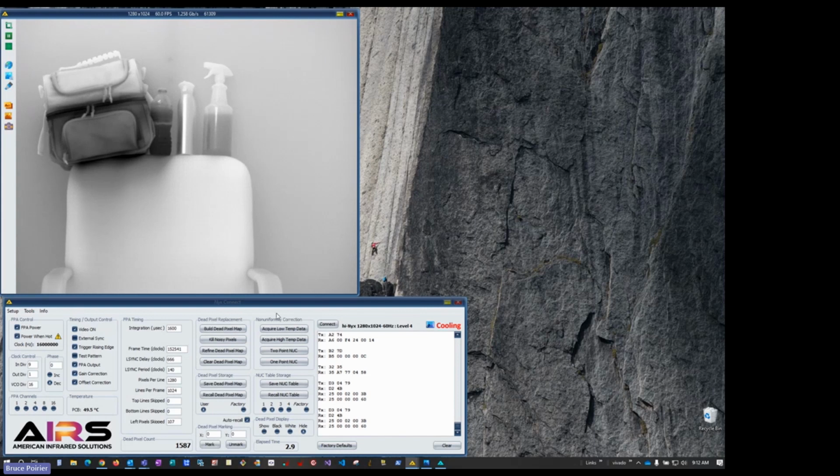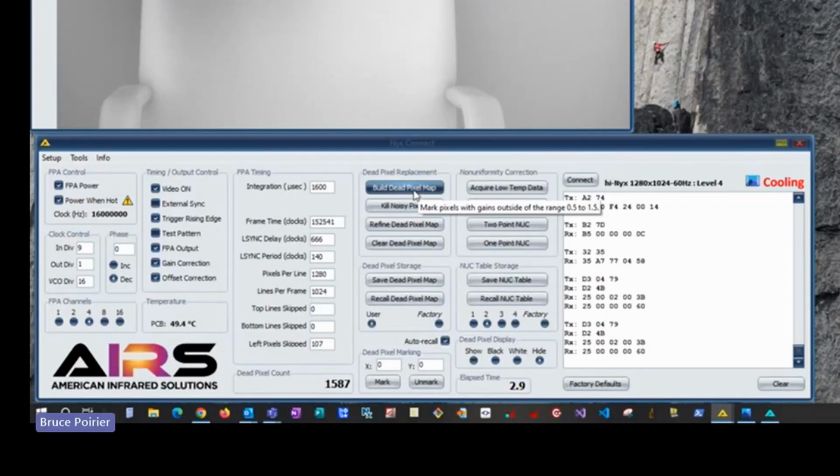So let's talk about dead pixel replacement. The top button, Build Dead Pixel Map, replaces all of the pixels that have gains that are larger than 1.5 or smaller than 0.5. And it does a pretty good job of identifying the pixels that are really misbehaving. It doesn't mark pixels that are a little bit nonlinear or blinking or those kinds of things. So then the second button says kill noisy pixels,